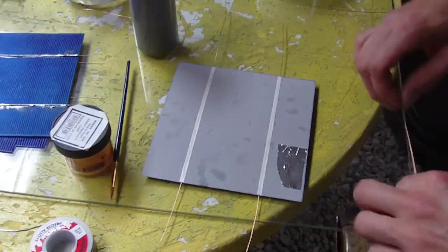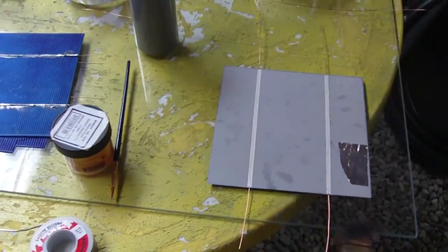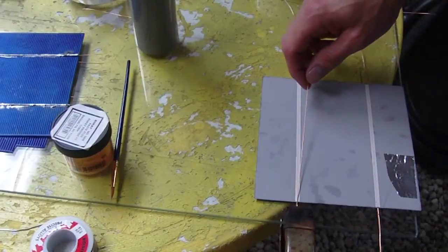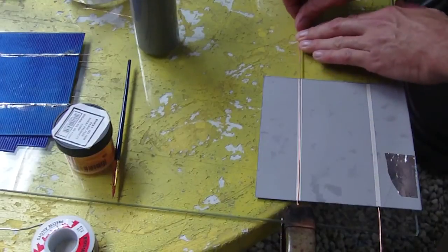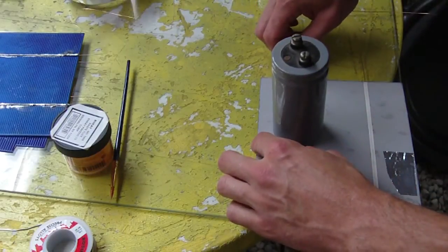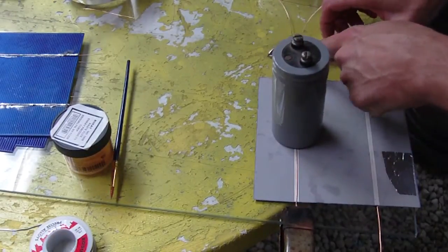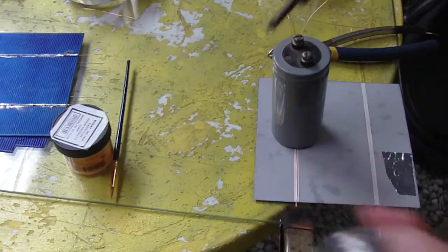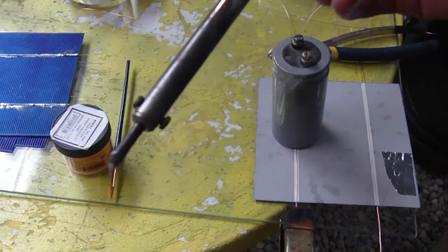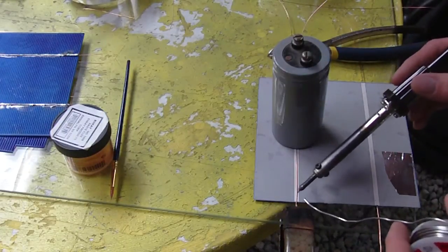And I'm just going to take the piece of copper, straighten it out, and then I'm going to clamp it down to the glass here. Do this side first. Okay, and then just stretch it over top of the cell, and I'll just put a weight in the center for now. And you can put another weight at the other end if you want. Okay, so take your iron, and you can then put a little solder on your iron and let the resin burn off, or you can just apply it. It doesn't really matter. And so you're just going to tack